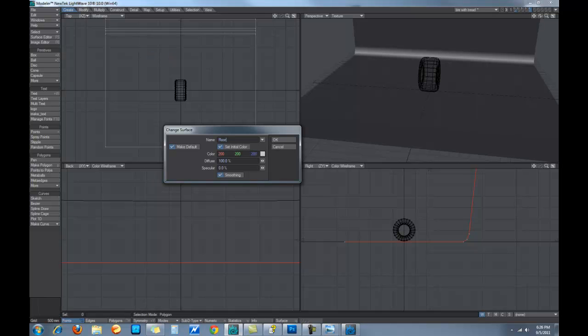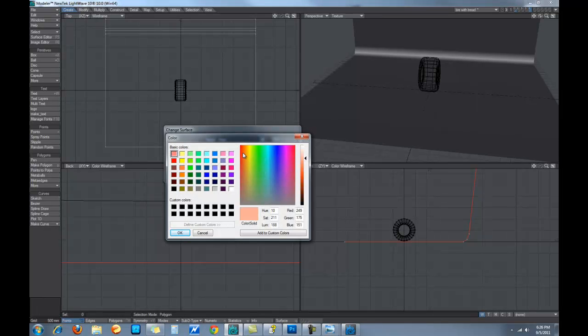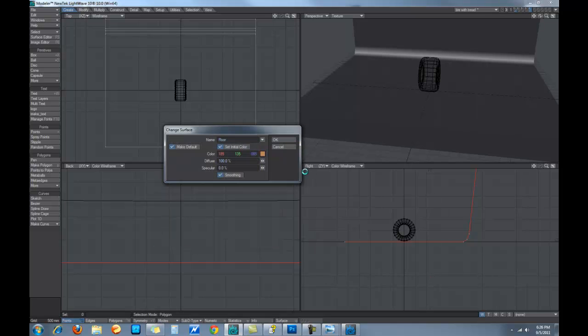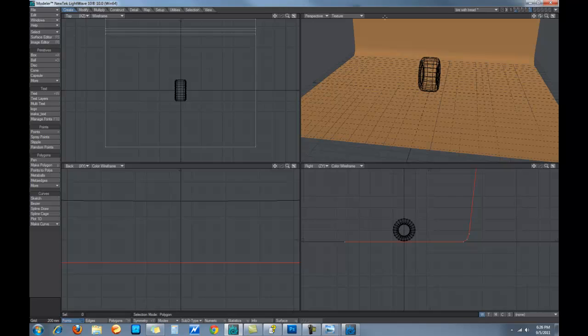and let's give it a different color. Alright, let's try something mild like that. Yeah, alright, kind of a tan or whatever. Click OK. Alright, and click OK. Now let's go back over into layout,